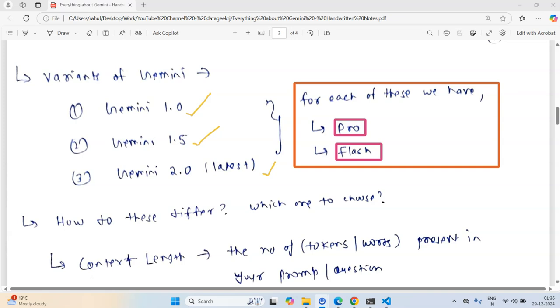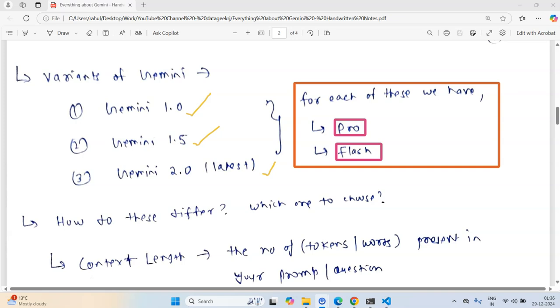From the name itself, it should be clear that Flash is a model offered by Google for high frequency tasks where speed is required by organizations. If I make a call to Gemini's API and it returns a response very late, then that is of no use for some applications.